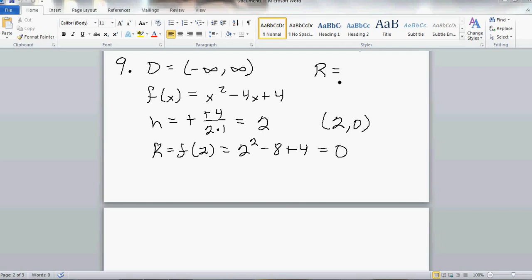And the range is always dealing with the y values. So we know 0 in this case would be a minimum. So that means the range, we can get the value of 0, but that's going to be the absolute smallest we can ever get. And so the range would go from